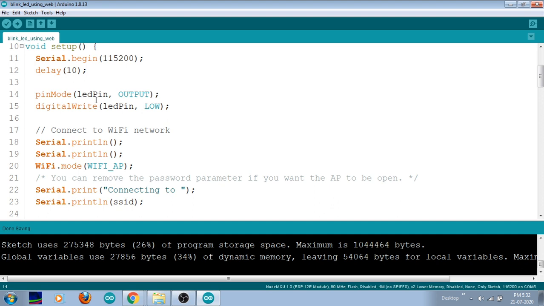By using this object variable I can see whether the server is available or not. That means whether I'm giving some command from my browser or not. Suppose I'm not giving any command from my server, then this loop will not run and it will return back to the first line. It will not execute the further lines. It will come to the first line again and look for server availability. Suppose the server is available, then this condition fails and the next line will be executed.